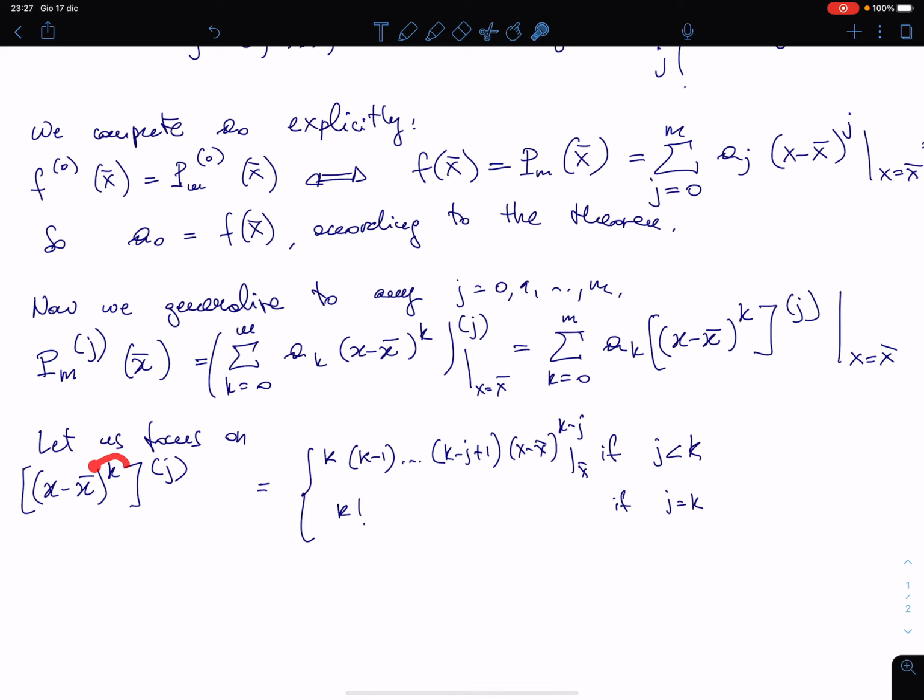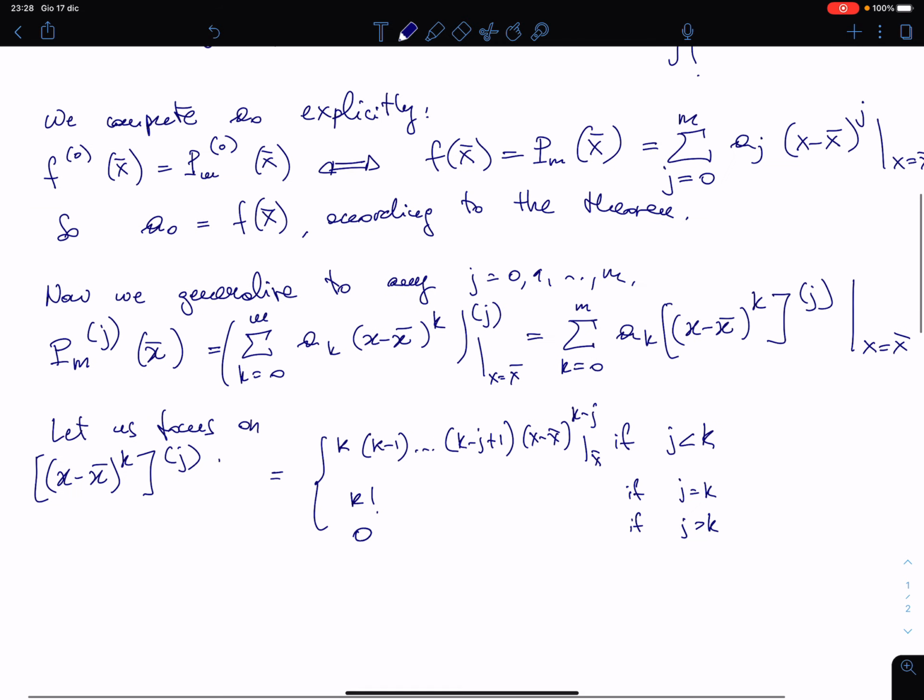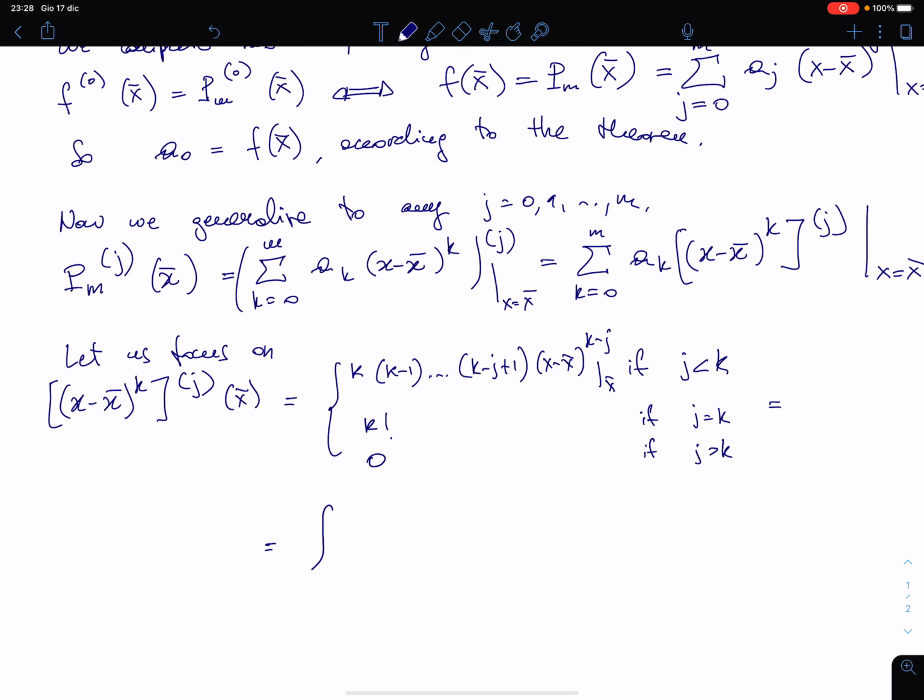When we differentiate a power of the variable exactly k times, where k is the size of the power, we end up with the factorial. And if we differentiate further, we are differentiating a number, so we find 0 if j is larger than k. Here you can evaluate at x bar. When you evaluate at x bar, you find that if j is less than k, then this power is positive, so when x is equal to x bar, you obtain